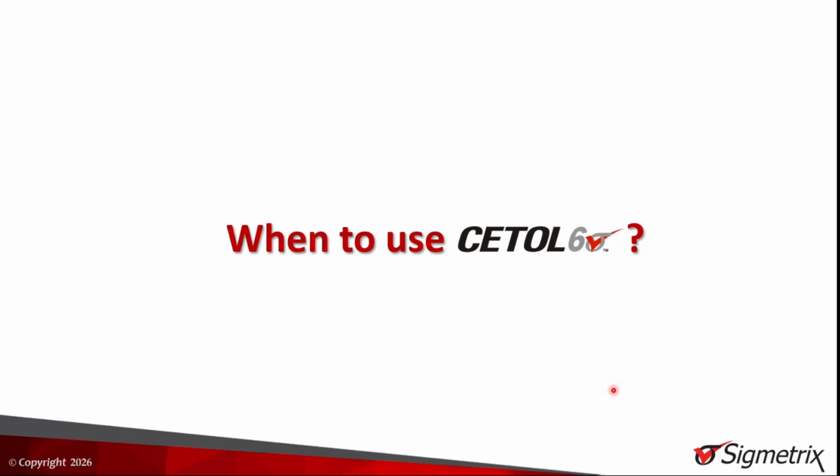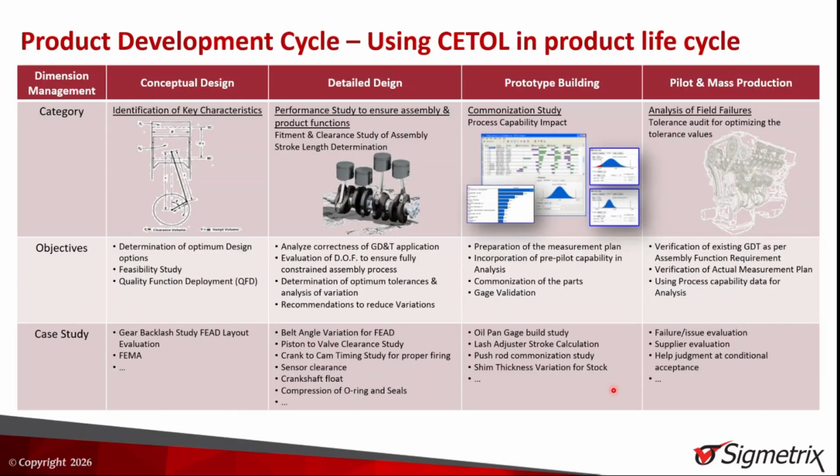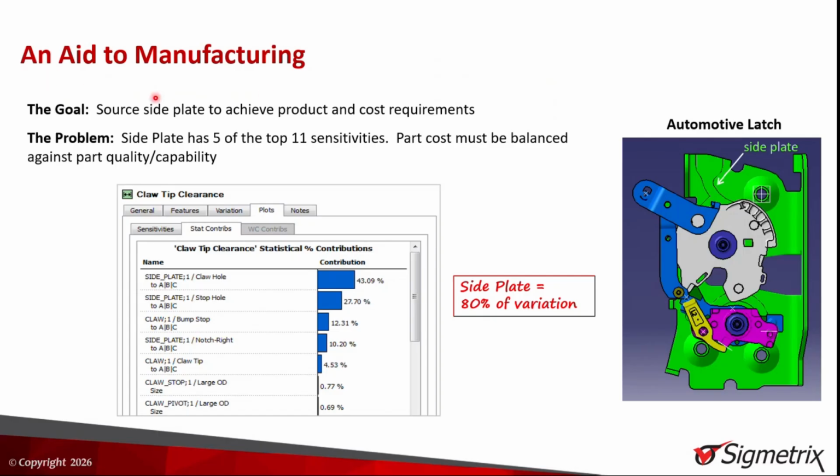So when do we usually need to use CETOL? It's during our design development: we have the conceptual design, detail design, and prototype building. And the last stage is the pilot and mass production, which is more related to manufacturing development. So I will give an example of how CETOL can act as the base for manufacturing. Let's say I use CETOL and analyze that for the side plate we want to manufacture,